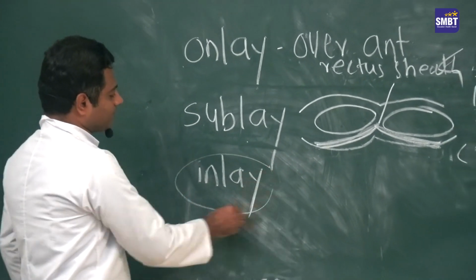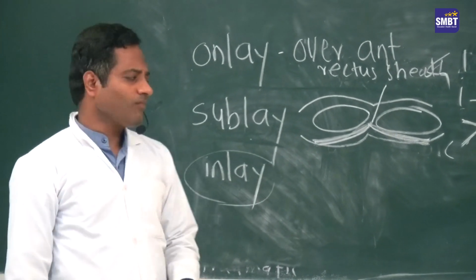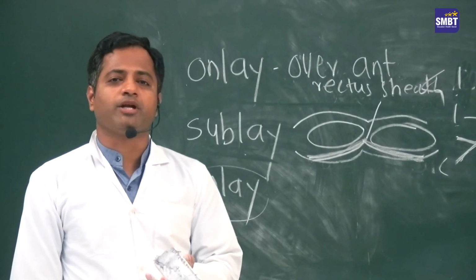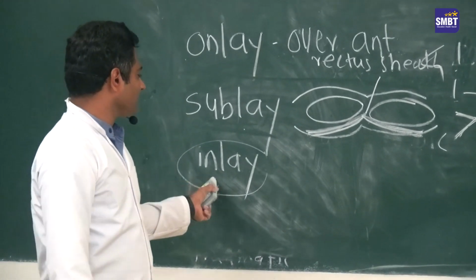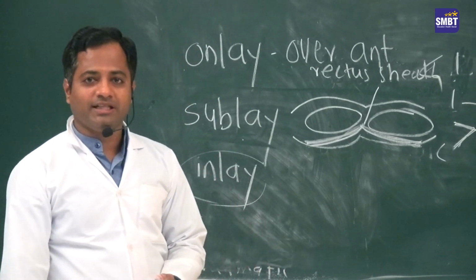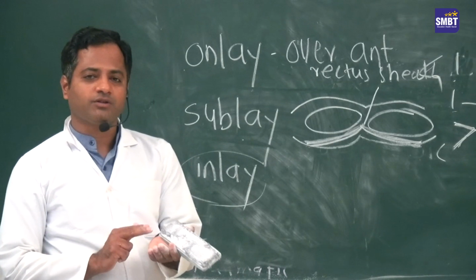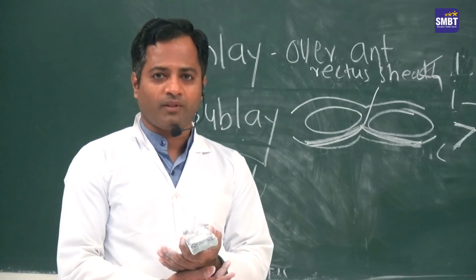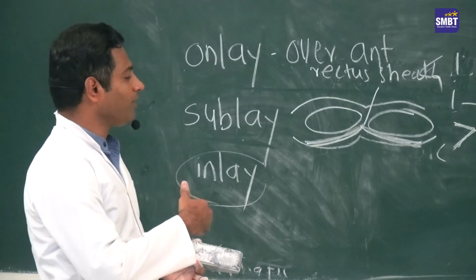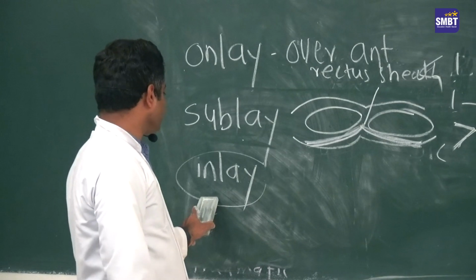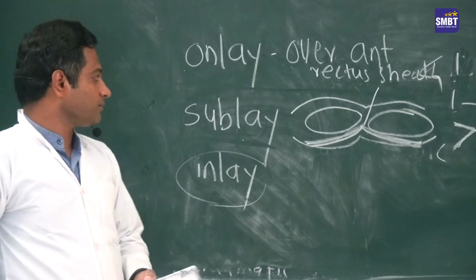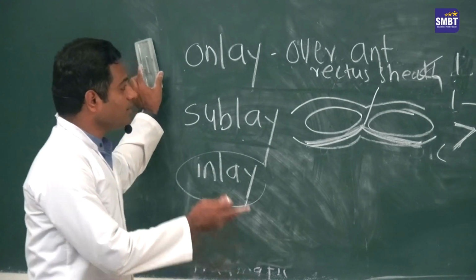And the inlay technique, where you can put a mesh into the peritoneal aspect. These meshes are of different types. Sometimes PTFE meshes are used, polytetrafluoroethylene mesh, which has two layers. One is for the anterior abdominal wall and one is for the peritoneum. The layer for the peritoneum is a smooth layer where the bowel will not adhere. So in inlay you can put a mesh from the peritoneal aspect. Okay, so this is an open method.